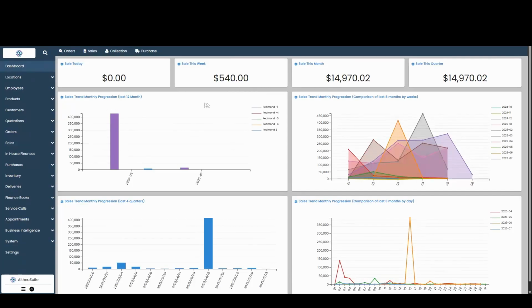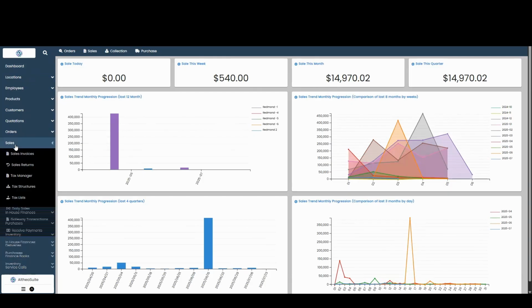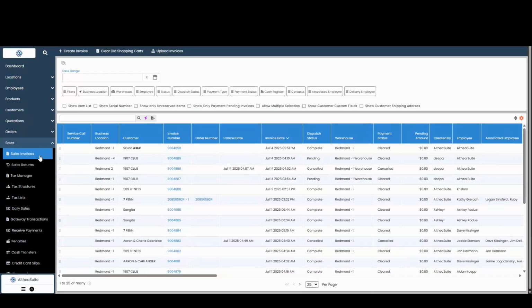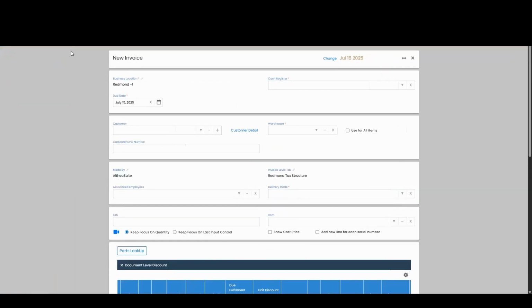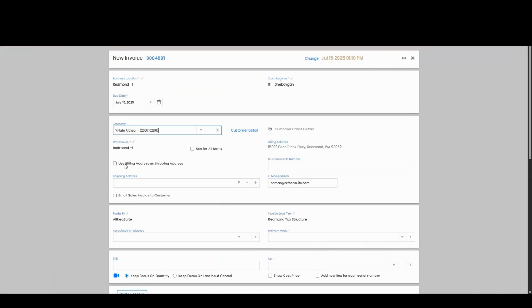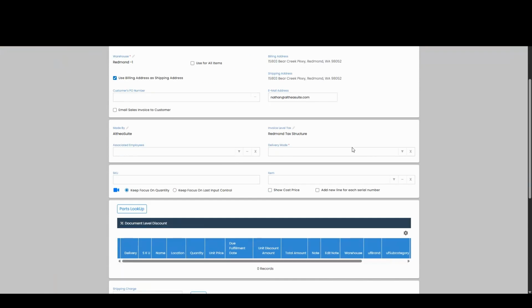Today I'm going to show you how we can apply serial numbers to our invoices. To get started, we're going to go into our sales module, and then we're going to go up there at the top left to create a new sales invoice. I'm going to grab a customer. I'm going to ship this to my customer's billing address, and then I'm going to be shipping this item to